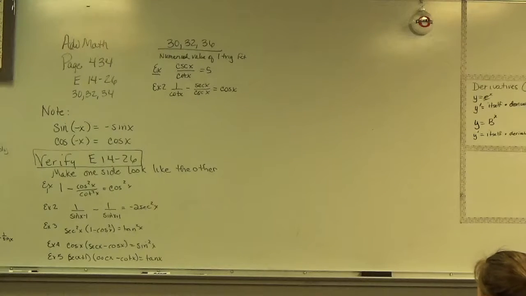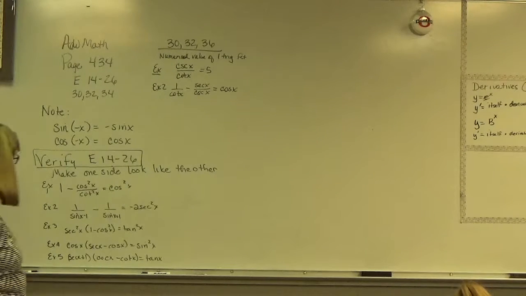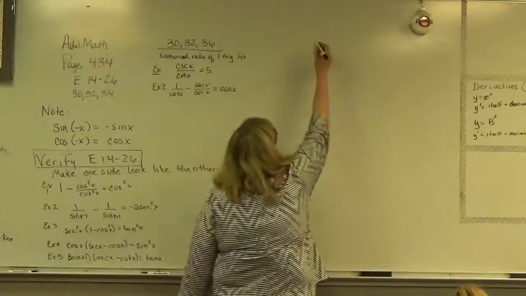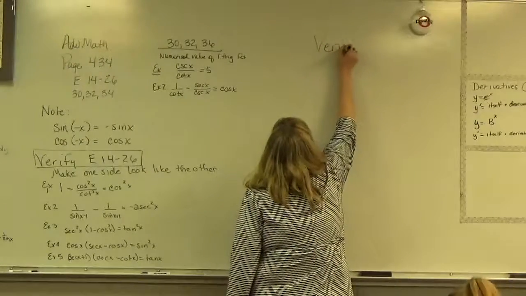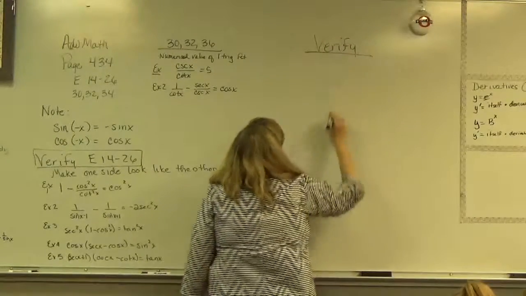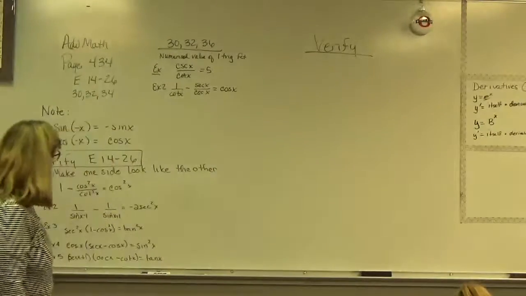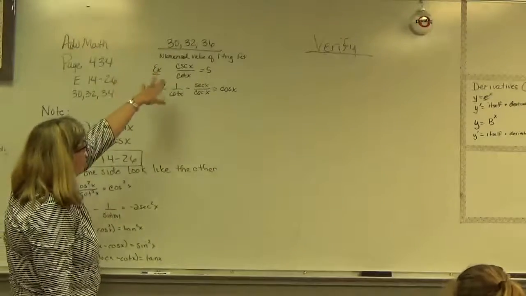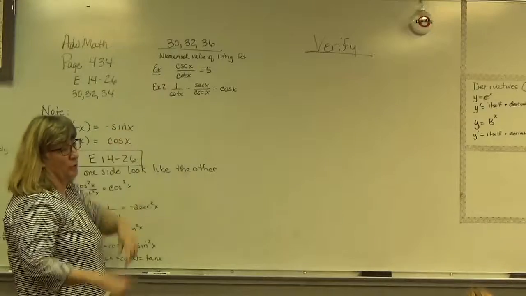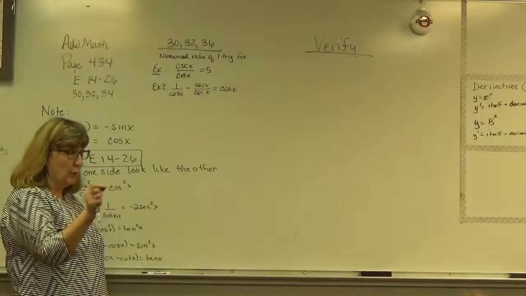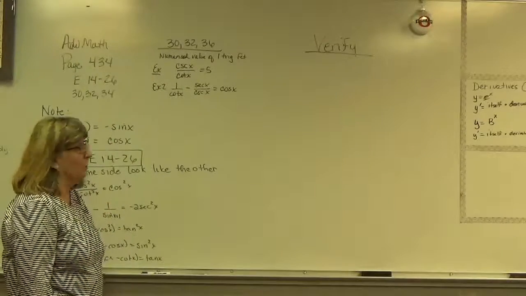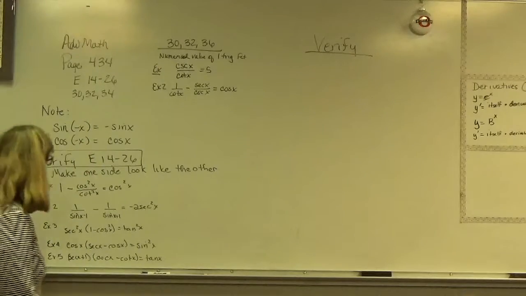Okay, you guys ready? Okay, so my first example for verify. Now there's two sections this time. The verify section is the 14 to 26. The 30, 32, 36 is the numerical value of a one trig function, which is what we've been doing, except it's going to be equal to a number. Okay, verify. My first example says